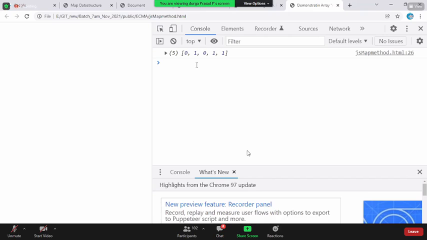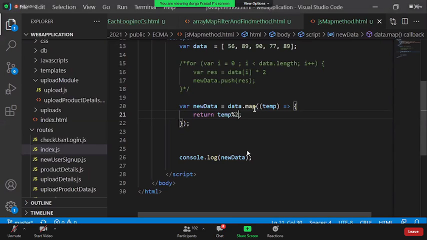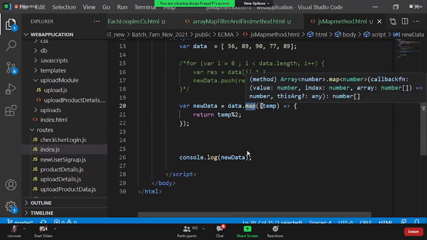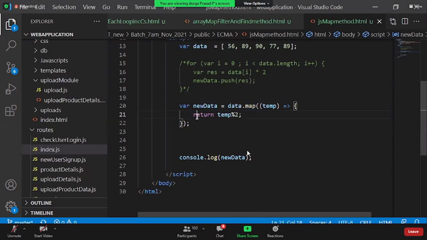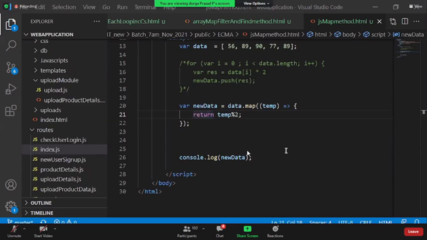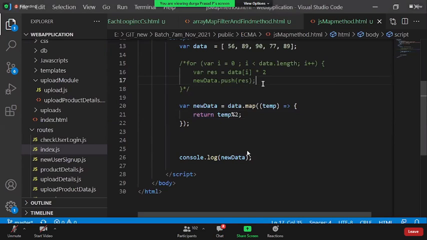So like this, if you want to apply a method on every value of the given array, you generally need to run a for loop. But instead, you simply use the map method and provide your business logic under this method. That method will be applied on each and every value of the array. Am I clear here? Understood everyone what we mean by the map method? Yes, sir.